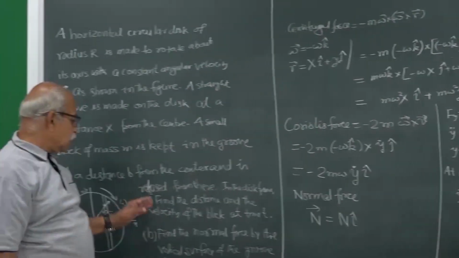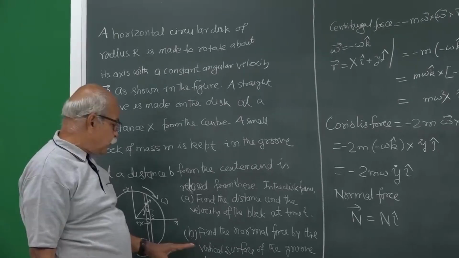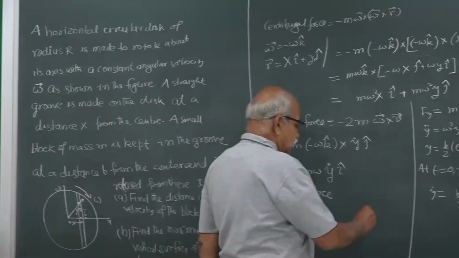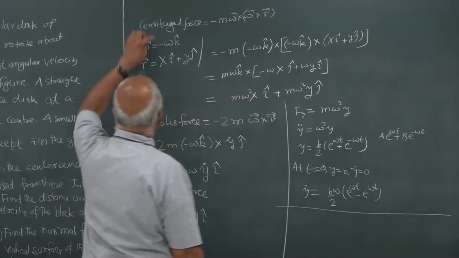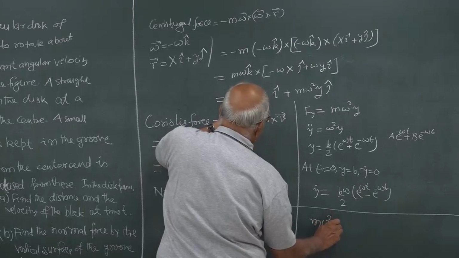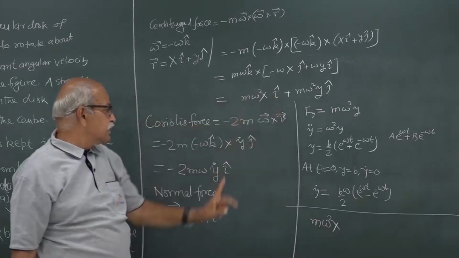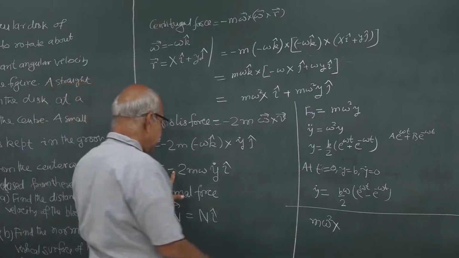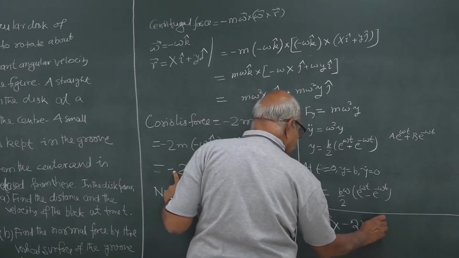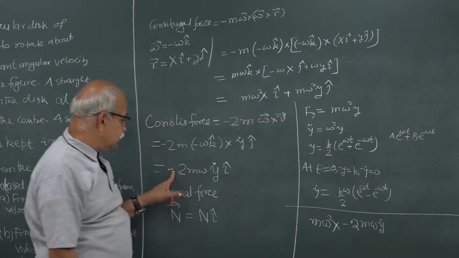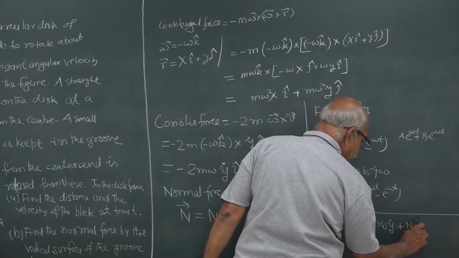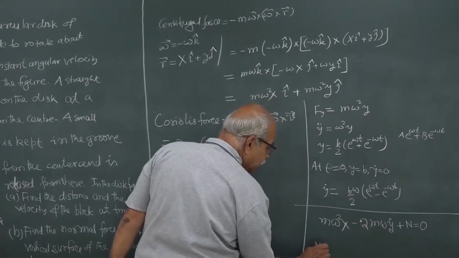That is part A. Now, come to part B. In x direction the total force has to be 0. So, let us collect all the x components. From centrifugal force I have m times omega square X, capital X, that is in i cap direction. From Coriolis force I have minus 2m omega y dot, that is in x direction, and plus N. That should be equal to 0, and therefore N should be equal to